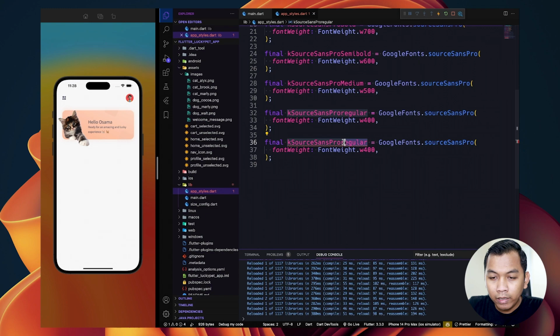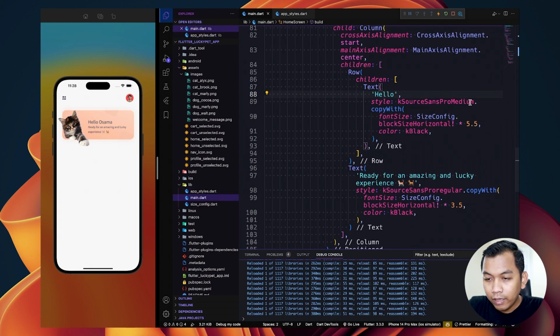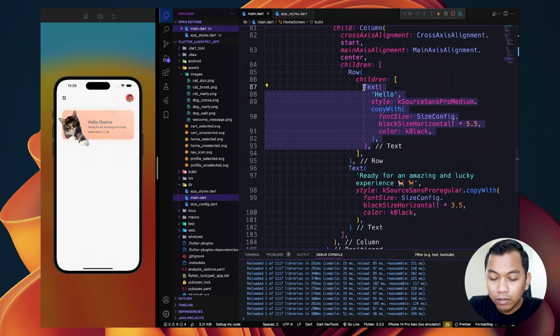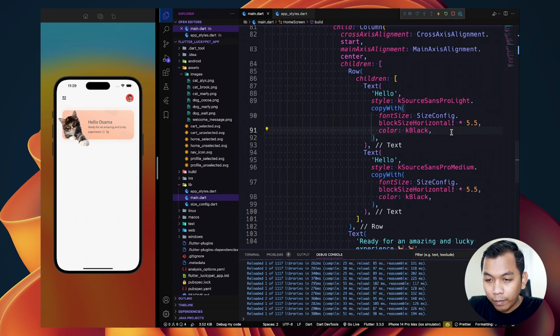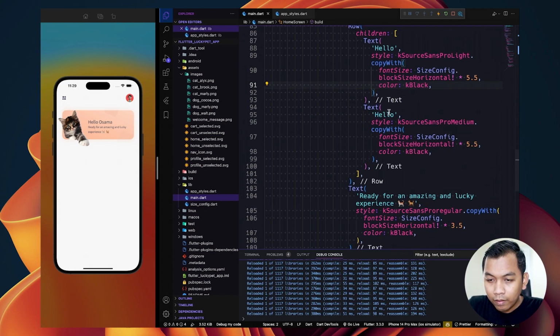And maybe this will be like, and let's give a value of 300. And this will be, so we need to duplicate first and change this.